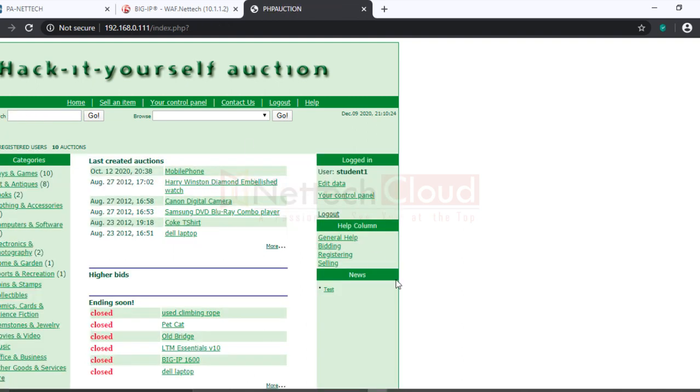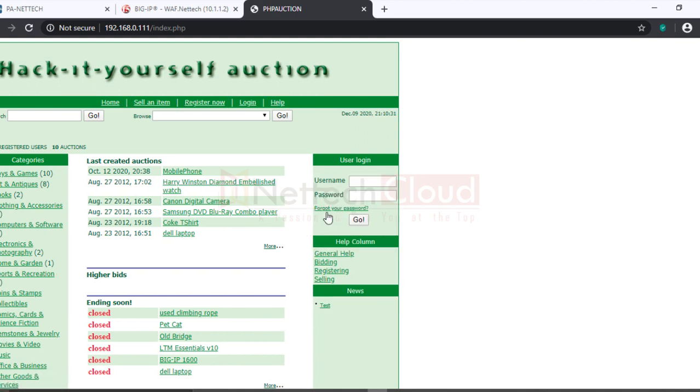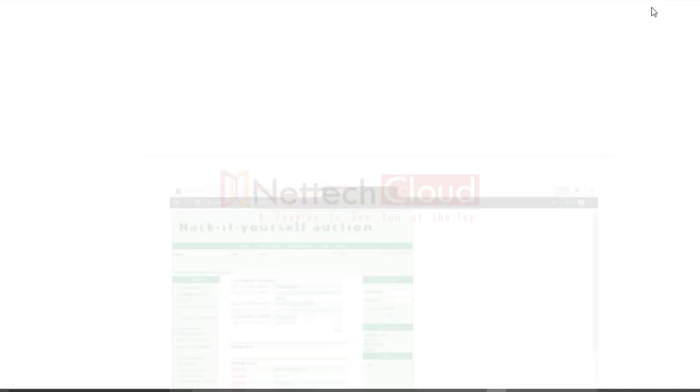So can we prevent SQL code injection attack, parameter tampering, cross-site scripting, or OWASP top 10 attacks by using this Checkpoint firewall or Palo Alto or any next generation firewall? Some of the attacks, yes, but not all, right? But with a web application firewall, yes, we can prevent parameter tampering, SQL code injection, cross-site scripting, or even cookie tampering, right? But not with the next generation firewall.